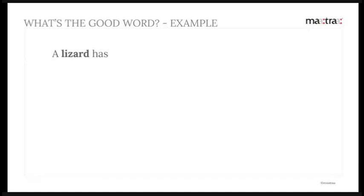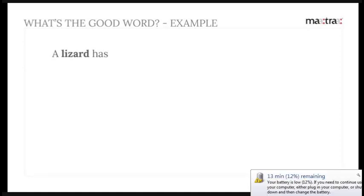Don't write ABCD, like A, B, C or 1, 2, 3, 4. The options are not numbered. So it's not option A, B, C or D. You have to copy the full correct answer with the correct